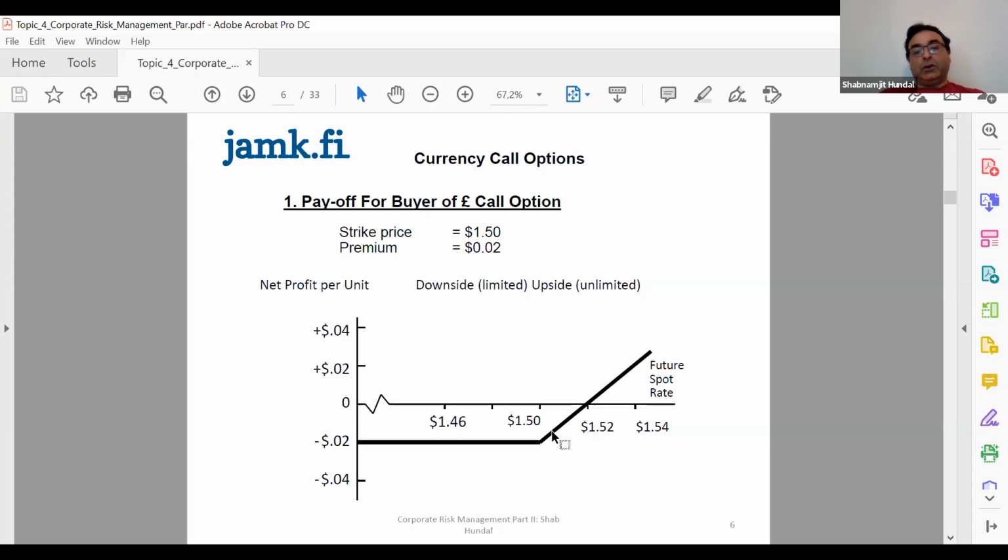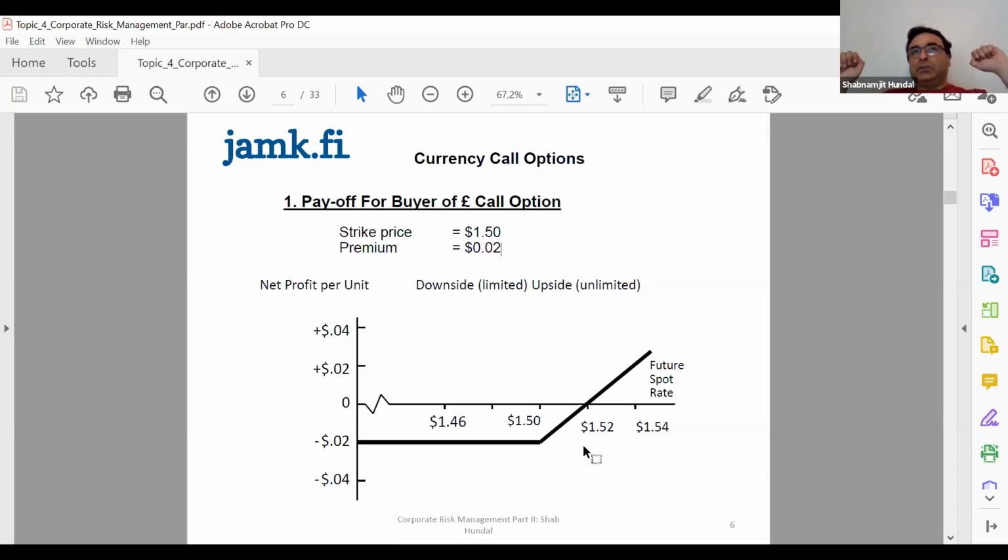So basically, on this angular line, you must exercise the option. And see, Anika answered that at 1.51, we should exercise the option, even though there's a loss. But that loss of 1 cent would be less than the 2 cent loss if we don't exercise the option at all. So one thing which I want you to learn, it's very important,